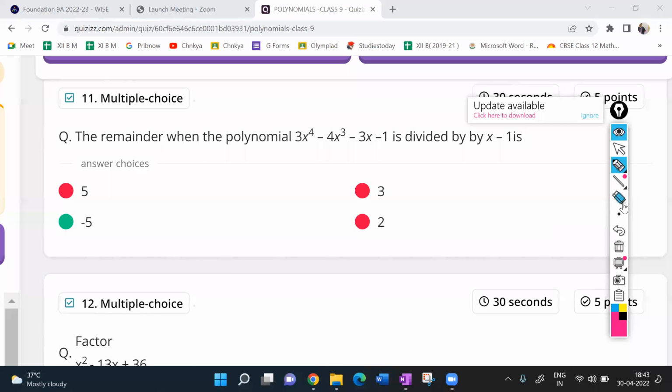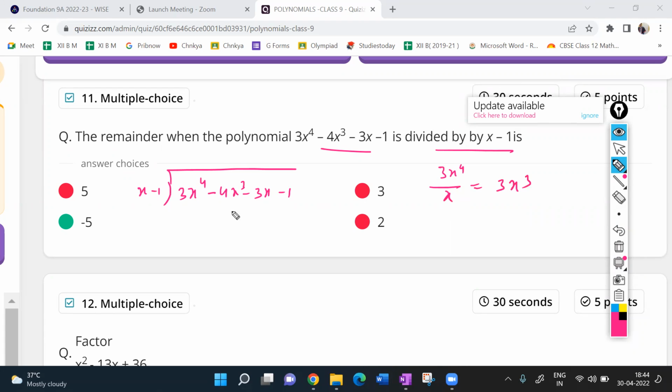Now very simple. Look at this again. So remainder of this polynomial when divided by this one. Again, check. Look at this here. x minus 1. Here itself, you guys are learning this long division method. No problem. When I teach this, it becomes still easy for you. So first term is what, beta? 3x to the power of 4. These questions will come tomorrow, right? Yes. This type of question. So 3x to the power of 4 divided by x, beta. What do you get, beta? 3x to the power of 3. Yes, sir.